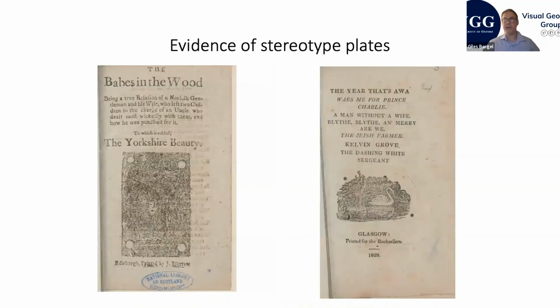What we have now is very direct evidence in the form of these markings on these two illustrations. You can see on the one on the left there are some white spots which are made by screws. So the metal stereotype plate has been screwed into a wood block on this very indistinct chapbook illustration. Similarly, the one on the right. Now, I've seen variants of this swan image in dozens of places, particularly in Newcastle. Although the blocks tend not to move very far, the subjects of the illustrations do move around. This swan figure is a standard motif, and you can see these black marks here, which are nail holes, Ian and I reckon,